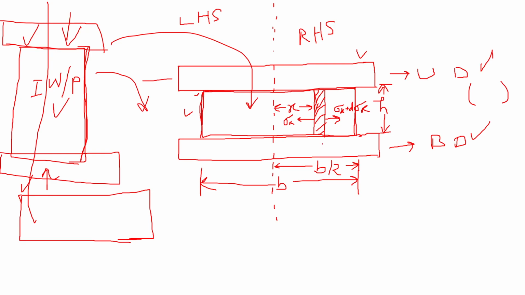Okay, so let us assume that the width of this particular slab, or the element, is dx. So what is the element? Here we could see that on this element, on one side we have sigma x, and on the other side we have sigma x plus d sigma x, at a distance x.